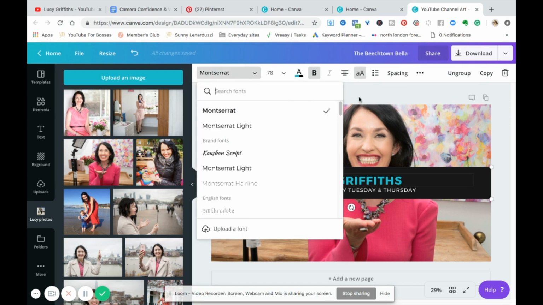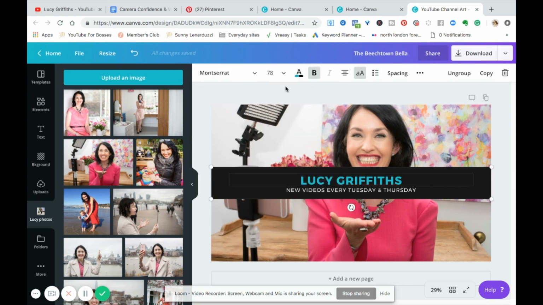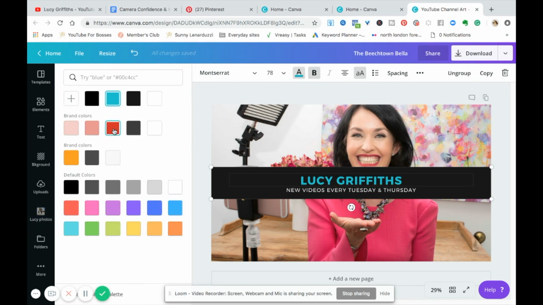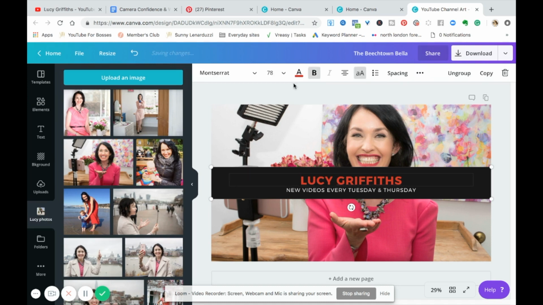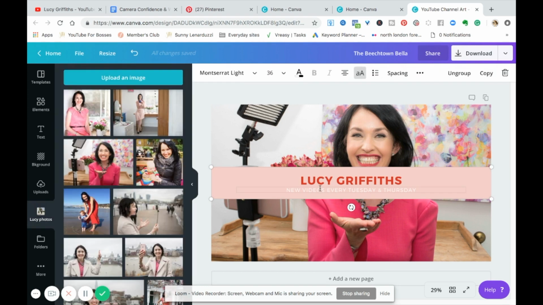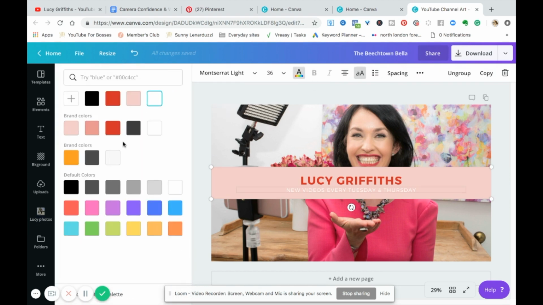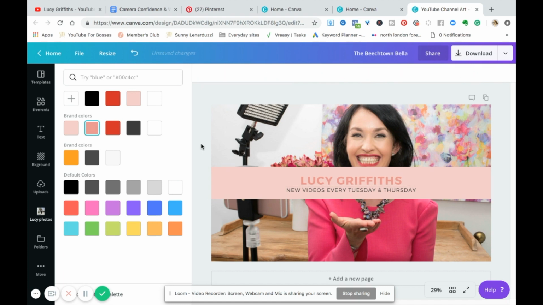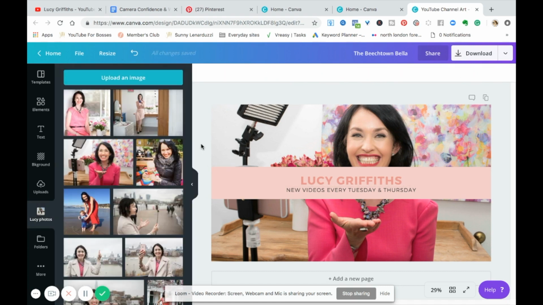So in my case, actually, it's on Montserrat, which I use, but I do want to change the colors. So I'm just going to go to my brand colors, and I might change this as well. I might say, you know what, actually a black strip doesn't work, and I'll change it to pink. I don't love that, but you get the idea that you can create something very simply,